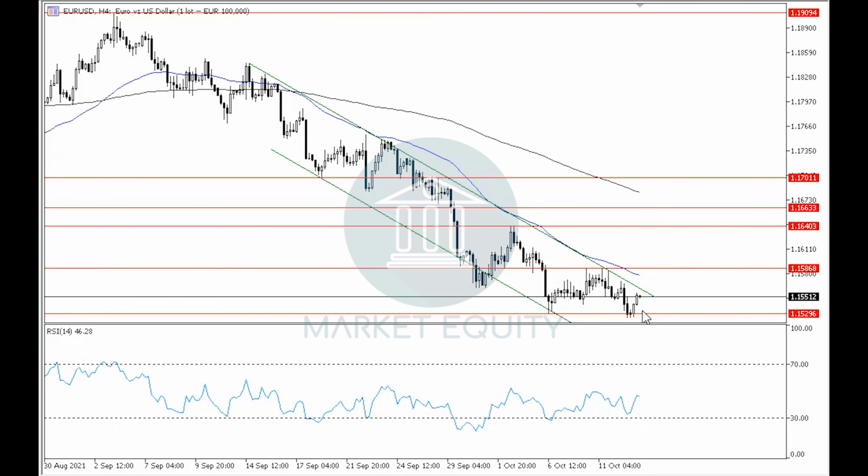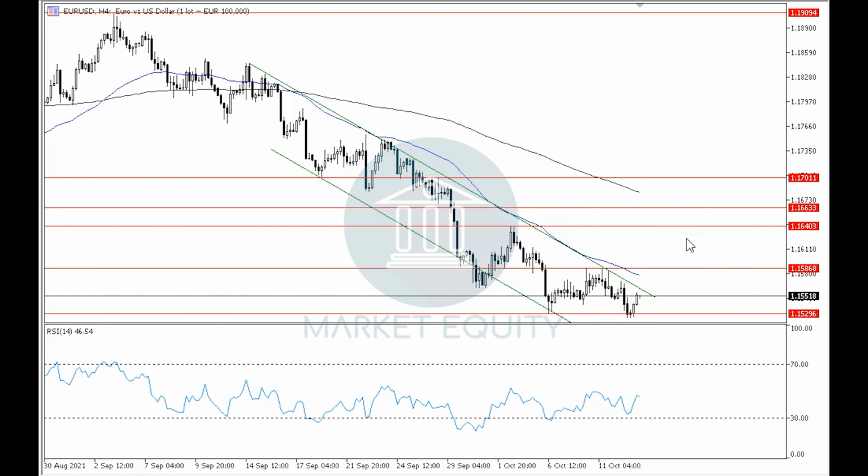However, due to the false break formed and due to the clear divergence that has shown after the price formed lower lows and the RSI has formed higher lows, we can say that there is a probability of an upwards correctional movement as we said in the daily time frame, which will only be confirmed upon the breaking upwards to level 1.1585, and in that case, like we said, will continue to retest the horizontal resistance area in the 4-hour